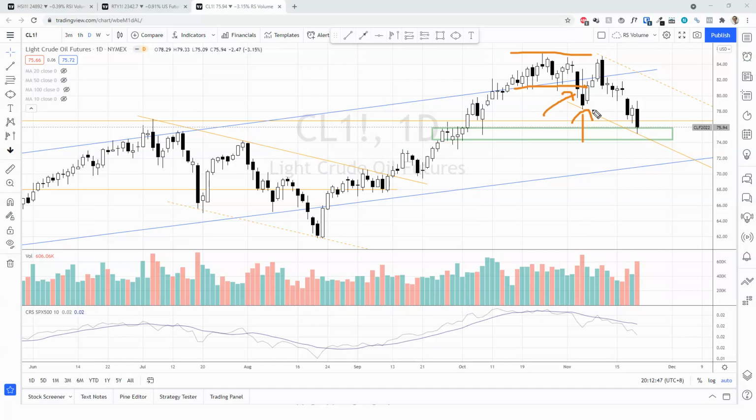This change of character bar is the largest bearish bar that we have seen. So look at the spread, from the low to the high is this much. And throughout this uptrend, we haven't really seen this kind of big bearish bar. So this is certainly a change of character bar, which stopped this uptrend from moving up further, and at least into a trading range at that point.